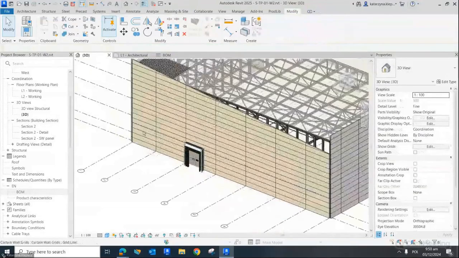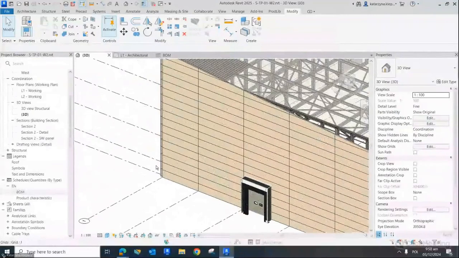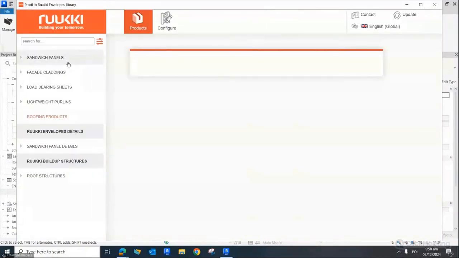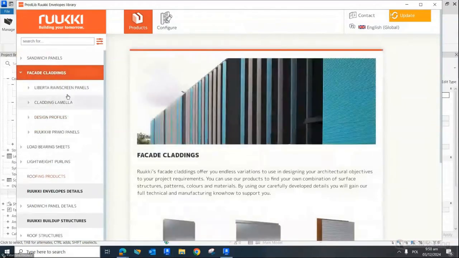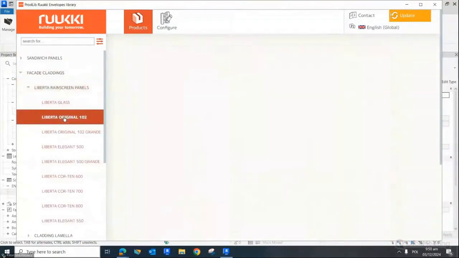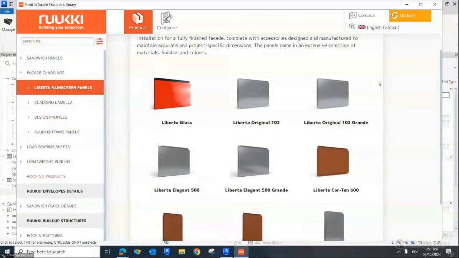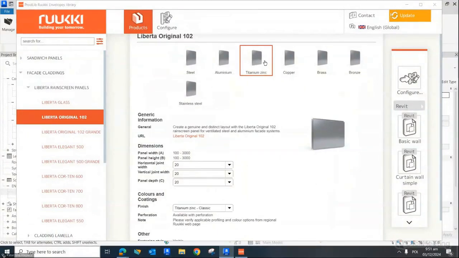I don't know if I answered correctly, but Janne, if you'd like to add something, in the meantime, I will insert claddings from our library. Maybe I can just generally say that I fully agree that there are lots of inconsistencies in available contents in different sources about BIM files, and it's a constant challenge for us as well to try to harmonize the content we create or share. And luckily, different kinds of guidelines and instructions on how BIM content should be created